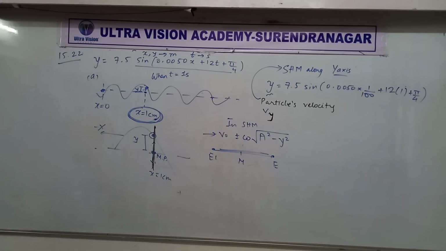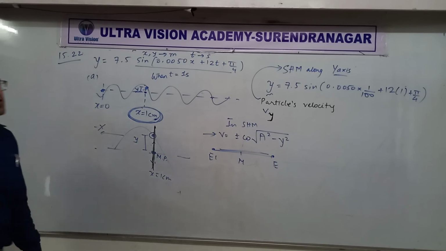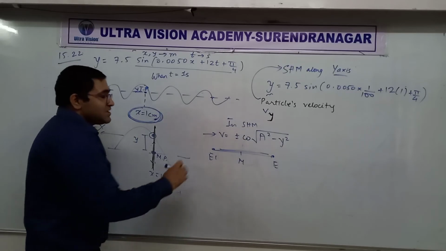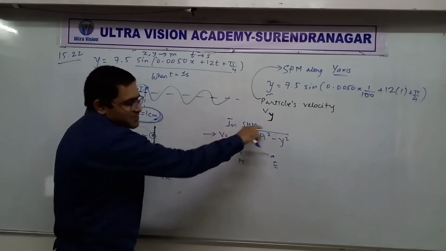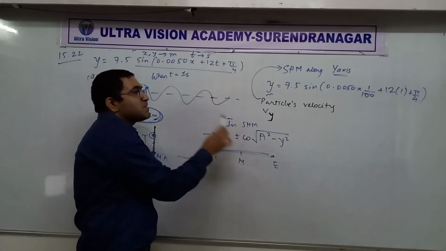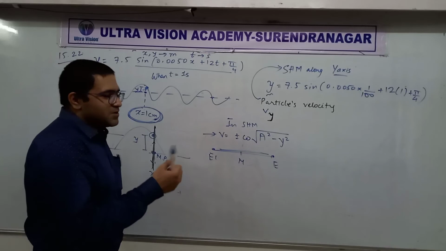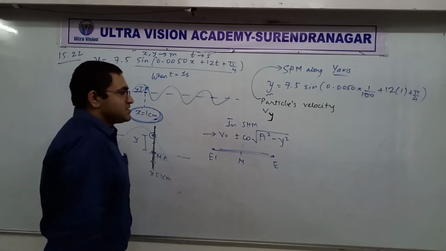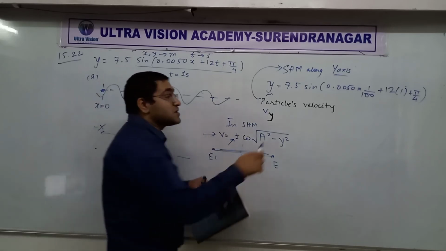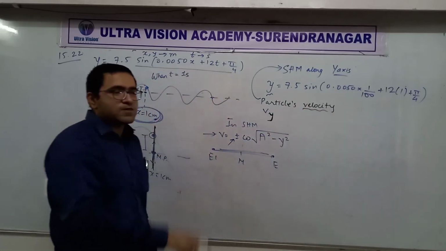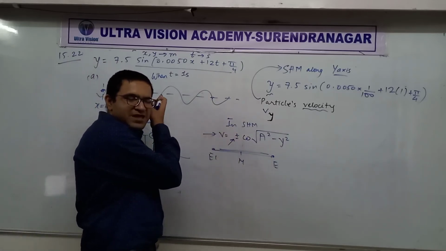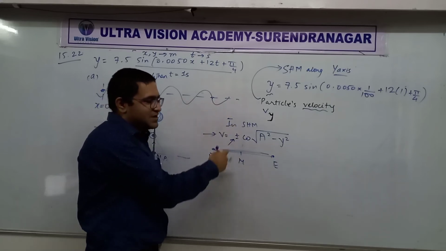Okay, let's go to the next thing. So you can put the value of y, but still this will only be able to give you plus or minus with a speed, right? Suppose you don't want to have trouble deciding whether plus or minus, because the question says velocity, not speed. So what to do? There's another way. This will give you speed of course, and then you can think about direction if you want.